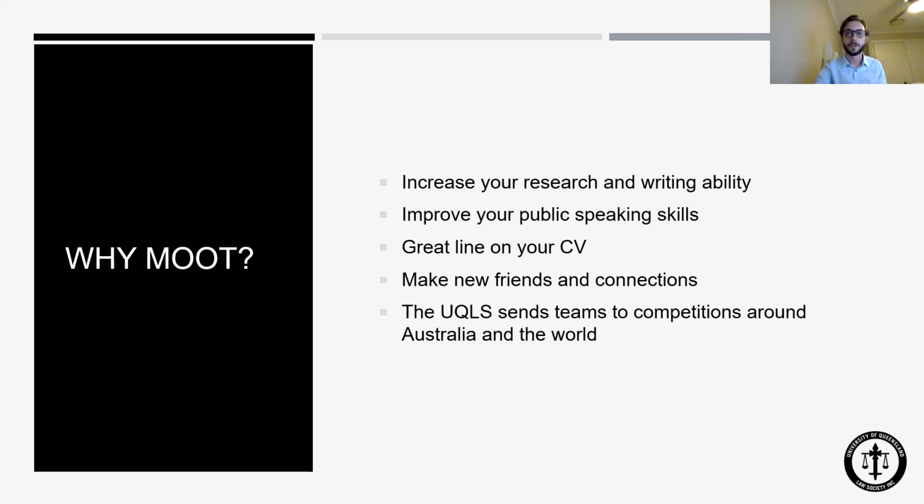Whereas the research that you do for mooting is very practical. It's to kind of solve a problem within the context of your facts. And I think that kind of research is a very useful kind of research skill to develop. And similarly, when it comes to your writing skill, you'll be writing persuasive submissions that are aimed at convincing the judge or the court that your client has a winning legal case or defense. And so it's a different kind of very practical writing that you don't get as much exposure to through your